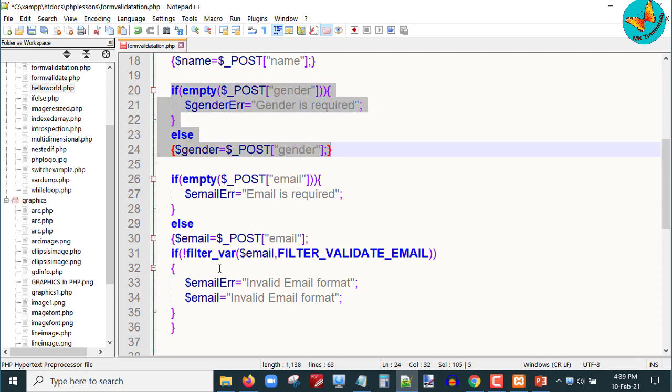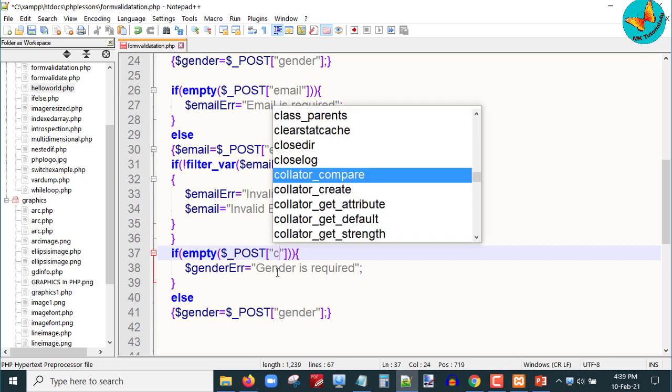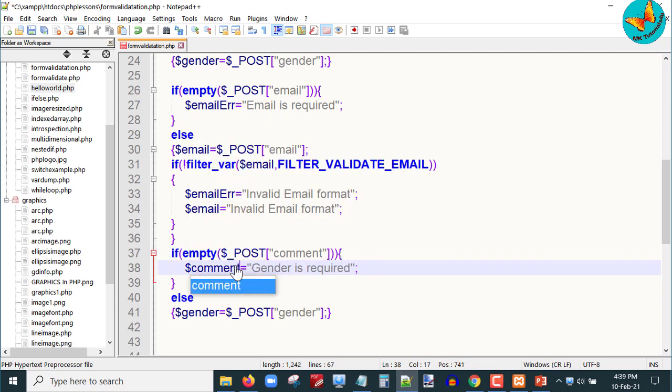Now remember that for the last condition I am not very strict about the user entering it. If nothing is entered, then I will just display an empty string. So I'll just check it, and if a comment is there, then I will display it.